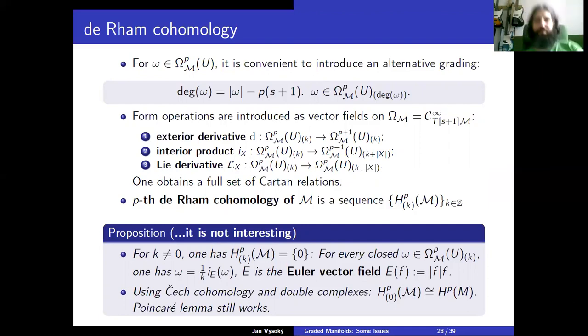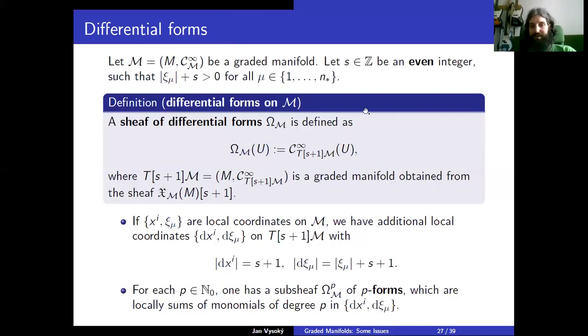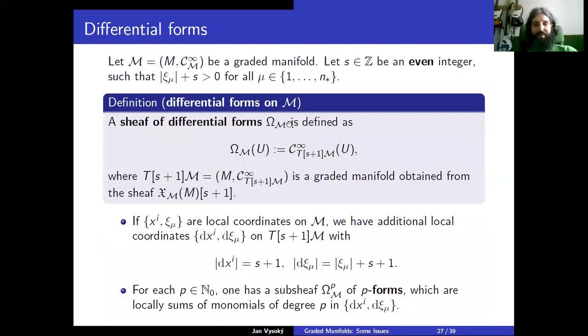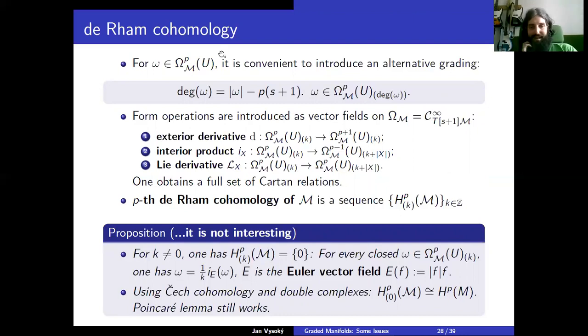For every p-form, it's convenient to introduce an alternative grading. So you don't use the grading inherited from this graded manifold, but you use a slightly different one. You subtract p times s+1. This looks strange, but really you subtract degree s+1 for every d appearing in the local expression for a p-form. And this is a well-behaved grading